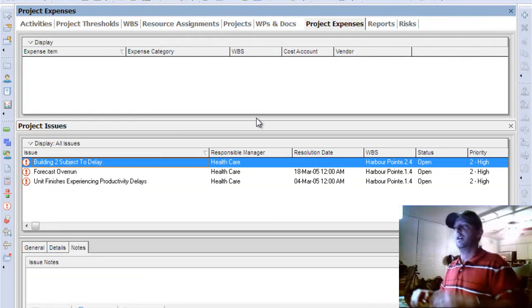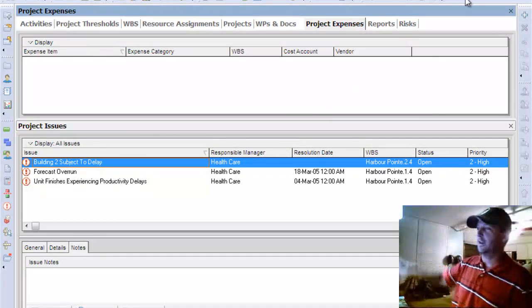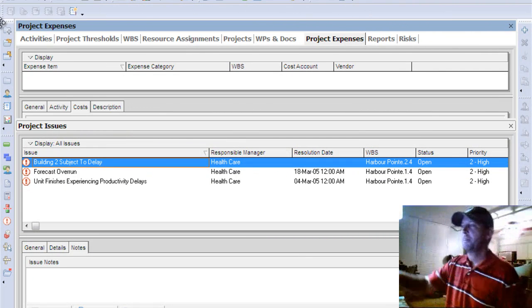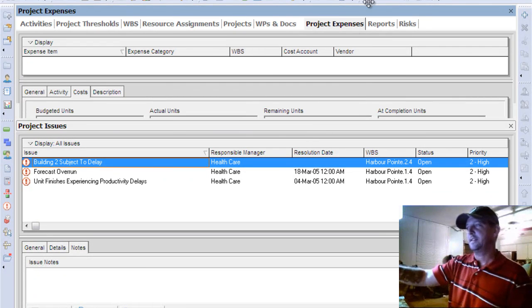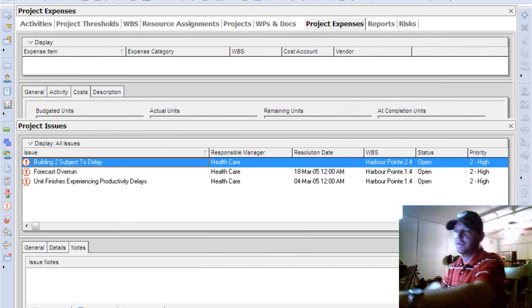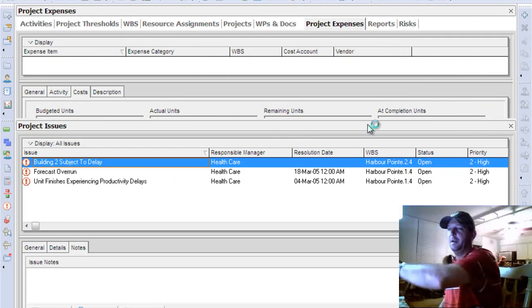Here I'm doing split screen. Similar to Windows 7, where you can snap an Excel file here and a Word file here and skim through multiple data, or do cut, paste, copy, or whatever. You can do the same thing in the new P6. And then, since my screen's so small, I had to expand it down so you can say, here's my risks, here's my code tabs,